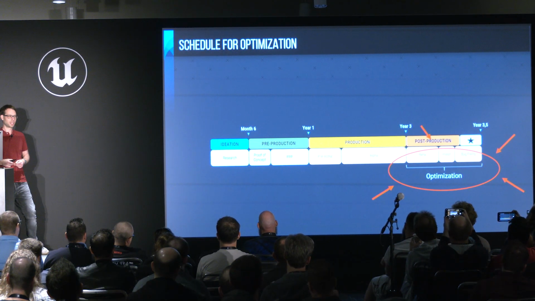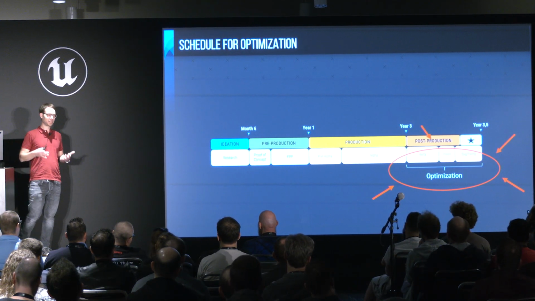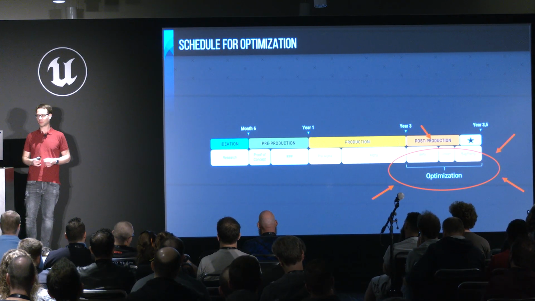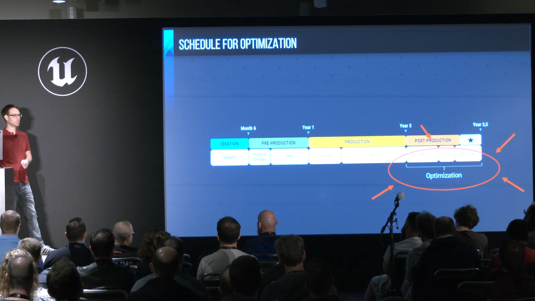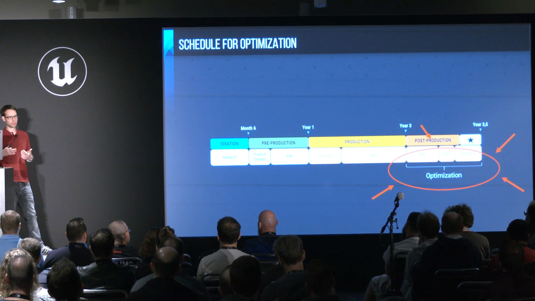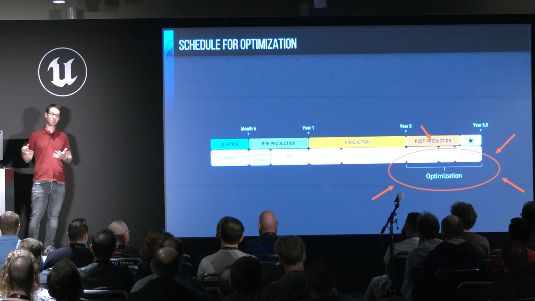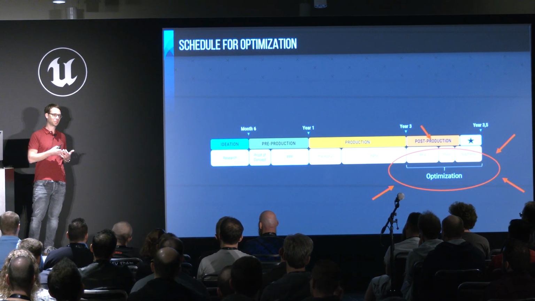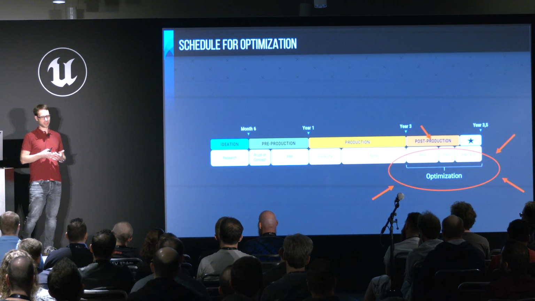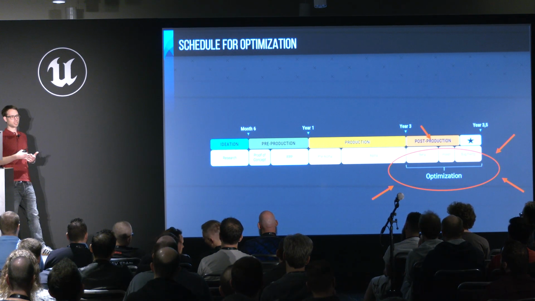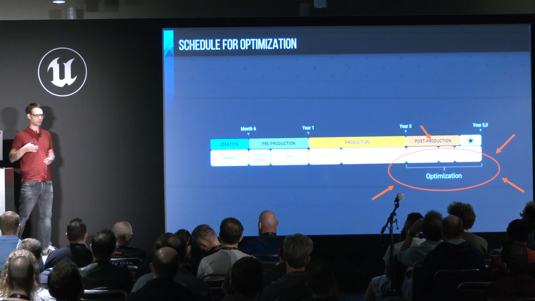And I think optimizing your game is even harder than fixing bugs because you don't know where you're going to be in the end, right? You don't know what my performance is going to be, how much I will even have to improve the performance in order to hit my targets. I don't even know upfront how long it will take to optimize one specific thing because you don't even know what the culprit might be, right?